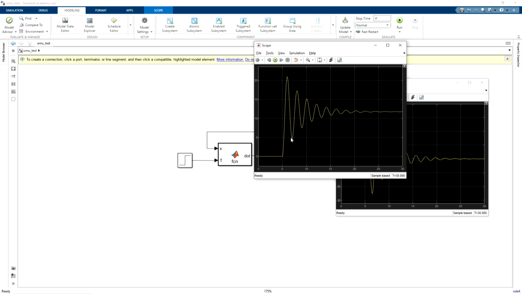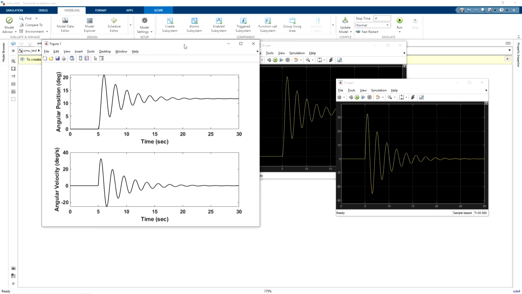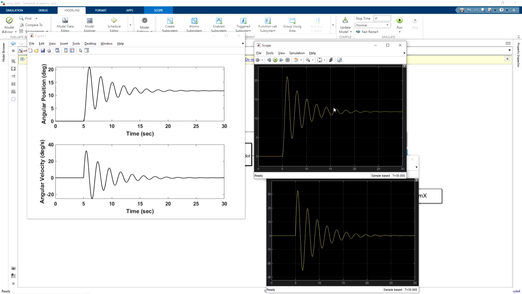So this is the position, and let me just bring that. So it is going up to about 12 degrees, the angular position, and similarly angular velocity is going to 0, that we can see here as well. So both responses are similar.